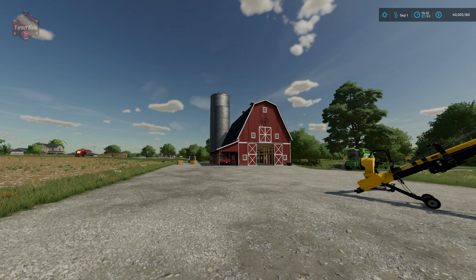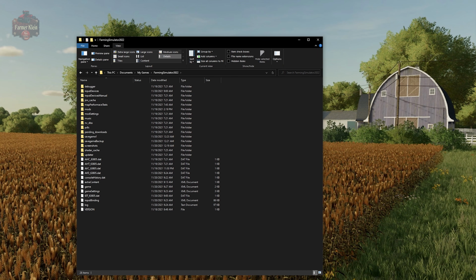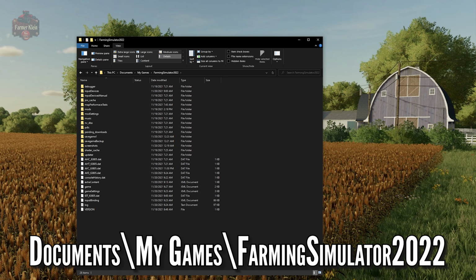And you, as a player, may find it helpful in trying to troubleshoot your general gameplay issues when you have them. So the first thing we need to do is enable the dev console. With Farming Simulator 2022 closed, you don't want to be doing this with the game open. You want it closed. Open Explorer and navigate to Documents, My Games, Farming Simulator 2022, and from there you want